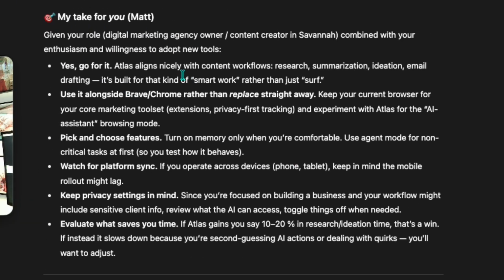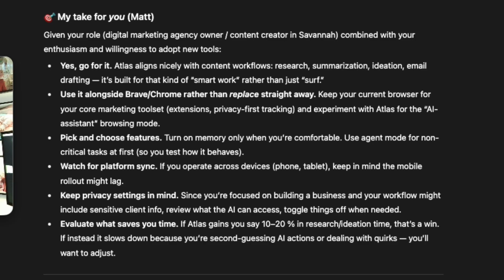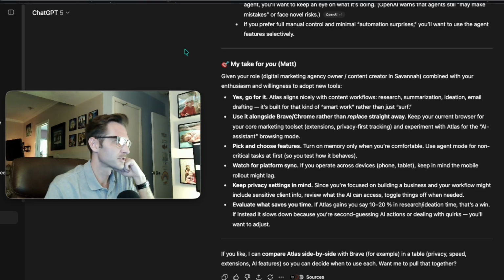It says, my take for you, Matt. Given your role, digital marketing agency owner and content creator in Savannah, combined with your enthusiasm and willingness to adopt new tools, yes, go for it. Well, chat, you read my mind, because we are going for it. It's exactly what we're doing, man. Atlas aligns nicely with content workflows, research, summarization, ideation, email drafting. It's built for that kind of smart work rather than just surfing. Okay, so honestly, no